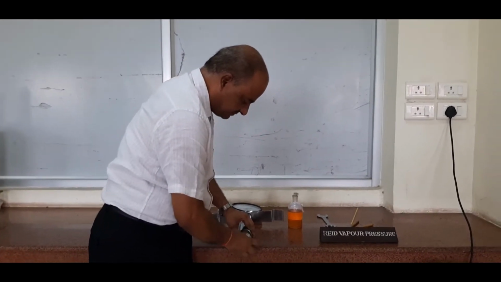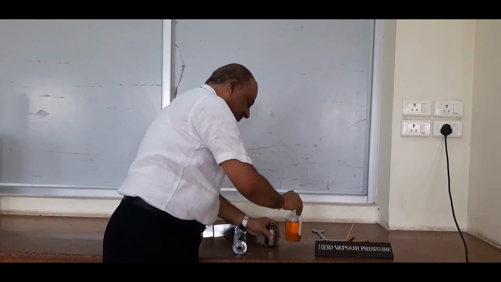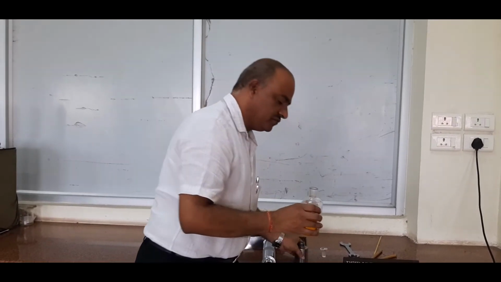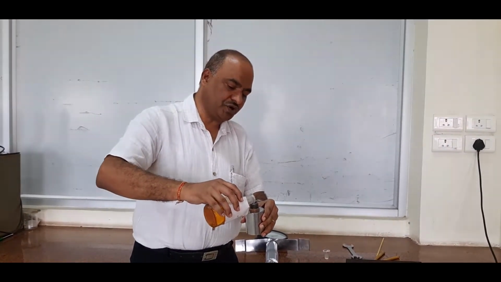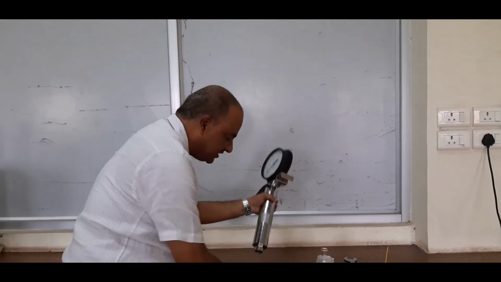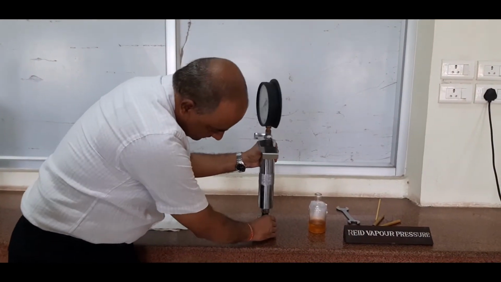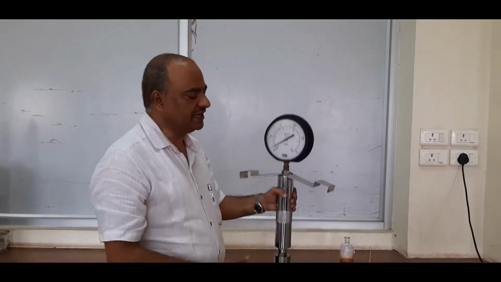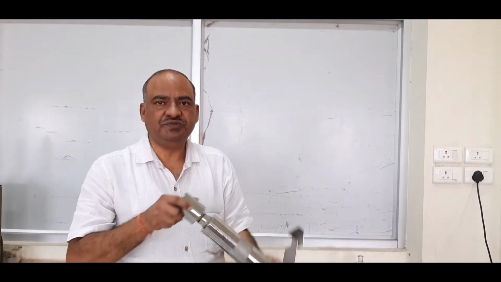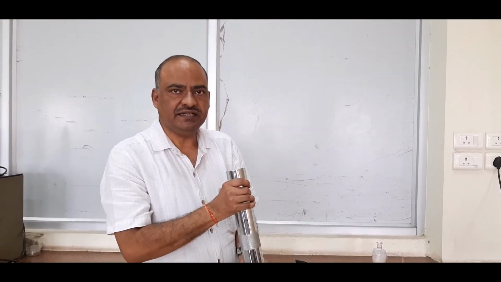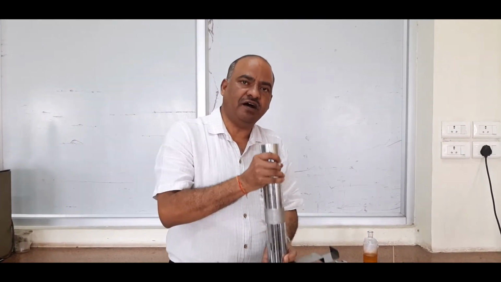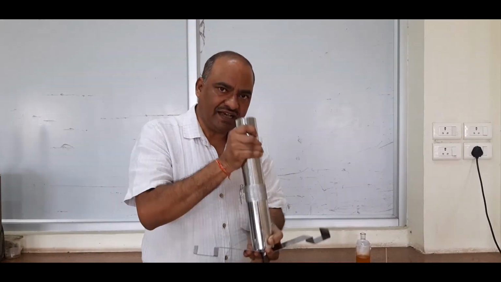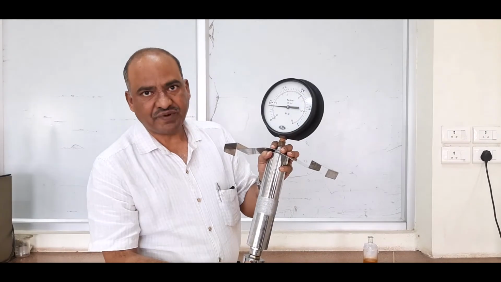Open the sample chamber. This is the sample. Gasoline is to be measured. Fill the sample chamber up to the top. Then immediately join this air chamber, the vapor chamber, with the sample chamber, then turn it upside down like this. Then shake it vigorously up and down 8 times like this. Then set it in upright position.